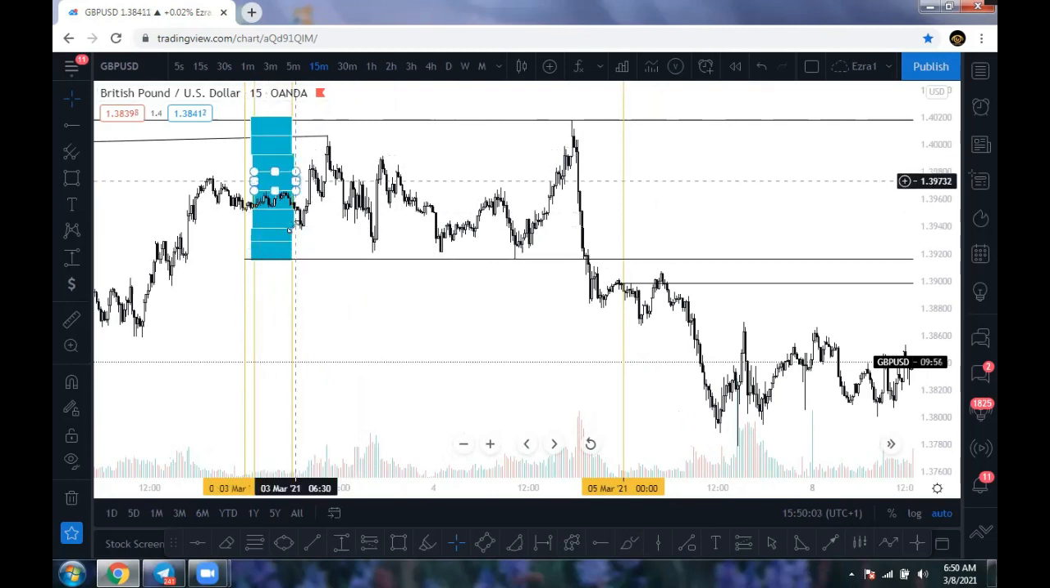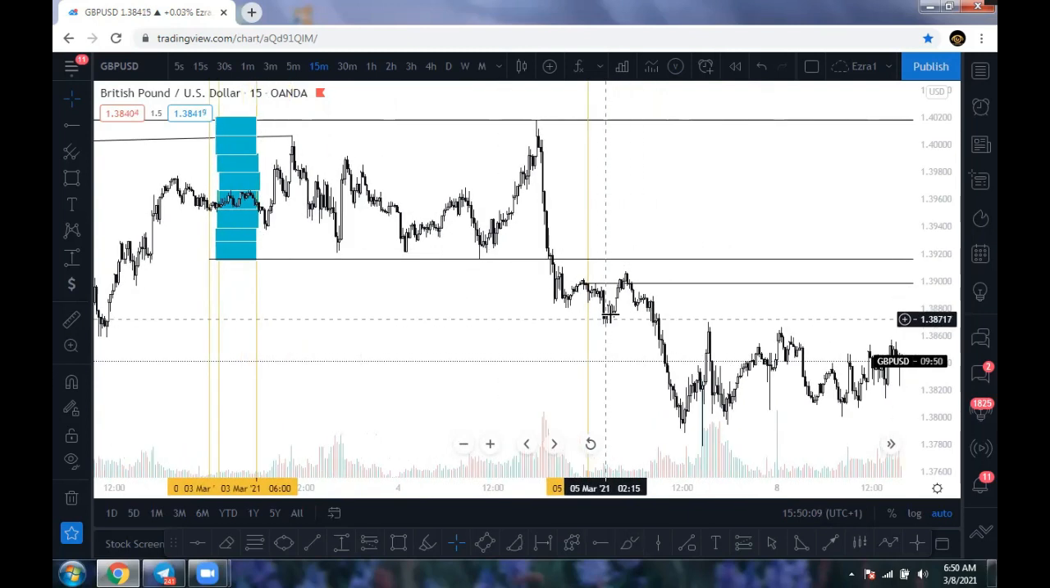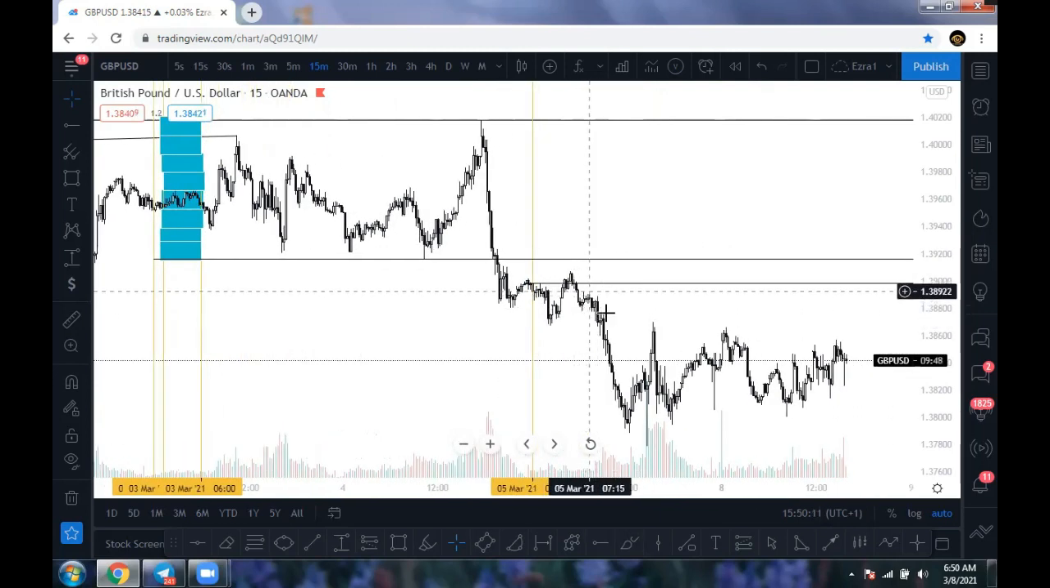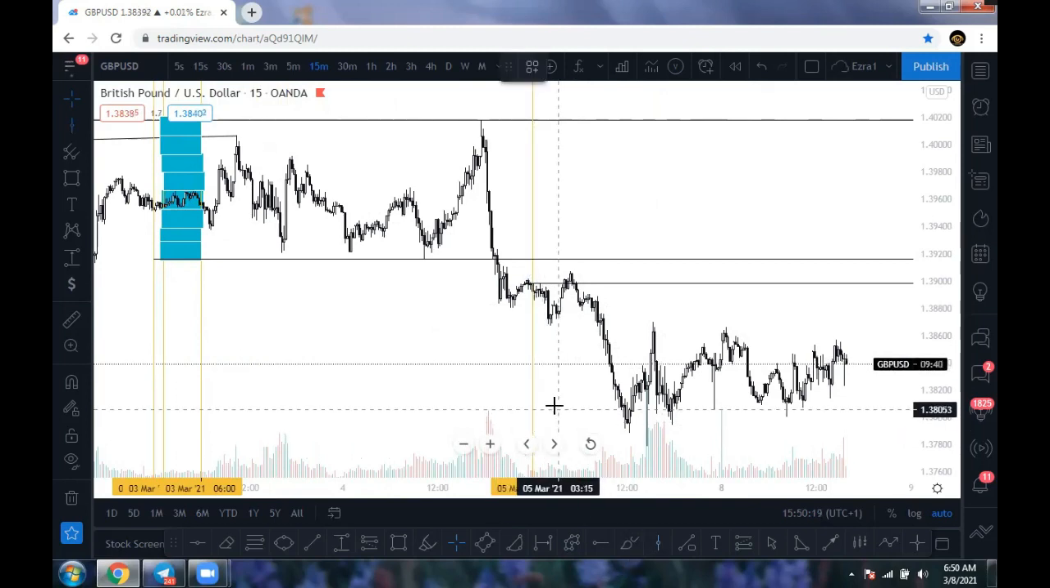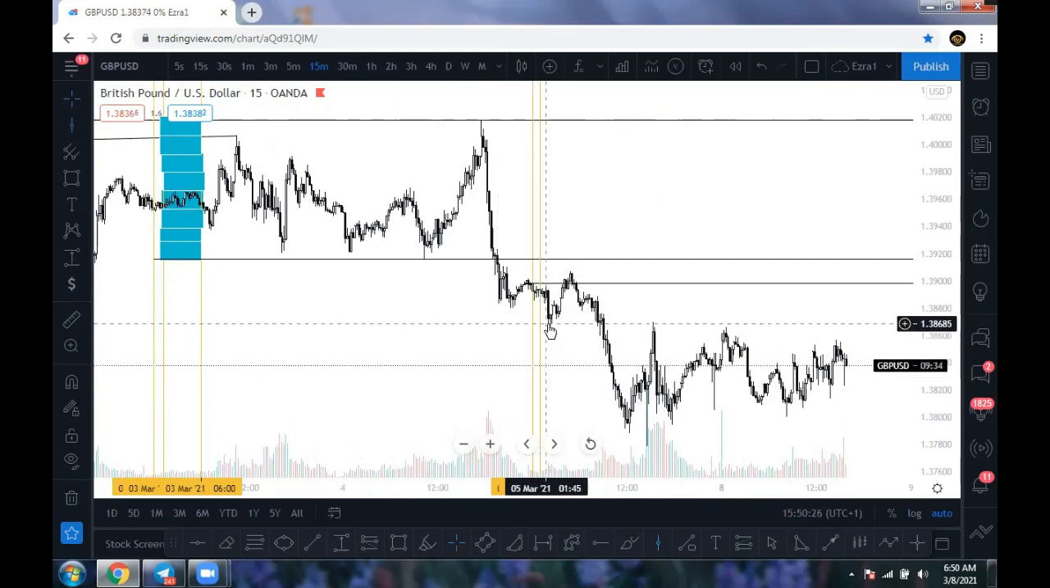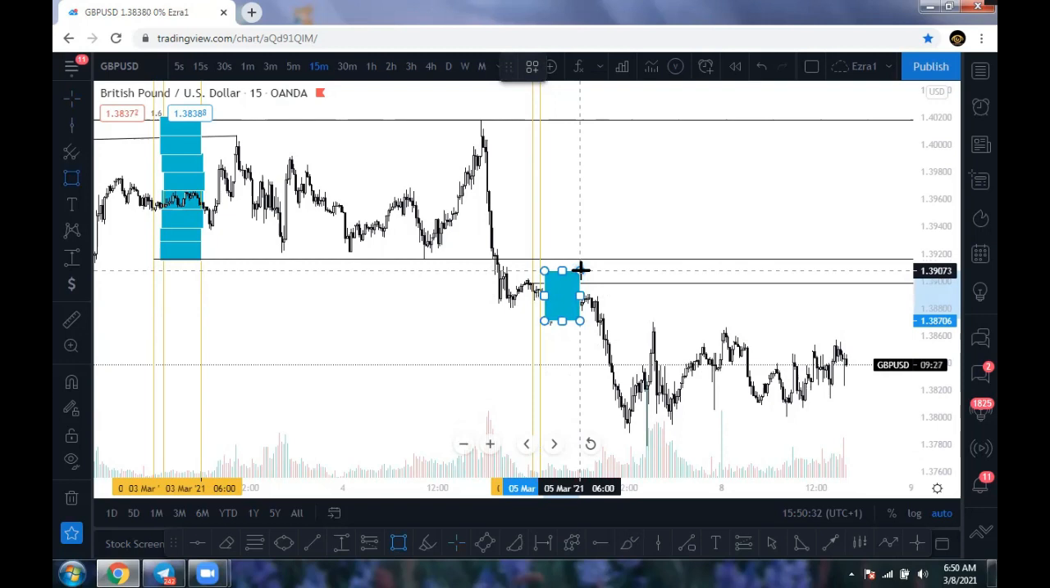So we have this as the Asian range. We have daily opening. After the daily opening, you look for your Asian range. So let's say this is the daily opening. This is the time that the Asian range started. So the low within it to the high